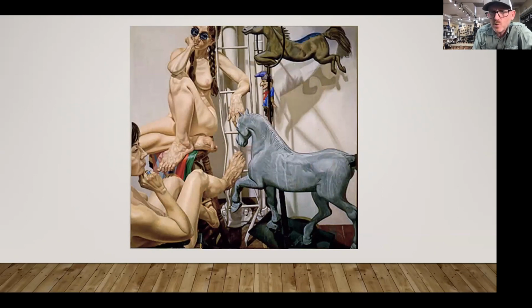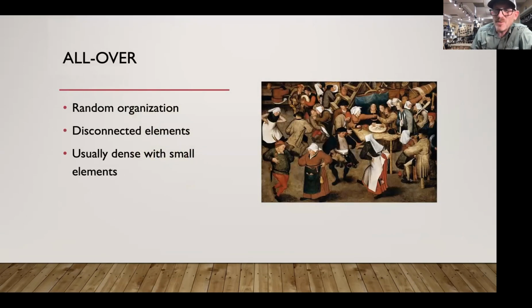And the 20th century painter Philip Pearlstein, even though he enlisted live models and never painted from a photograph, always painted from life, welcomed in the photographic cropping that is so unique to our modern era, in the way that it can dehumanize people if they are cropped. We've gotten a little numb to this. We don't want to be numb to this fact. When you cut somebody's head off, it's a pretty violent thing. When you cut their knee and their arm off, that's a pretty violent thing. So all of you model session folks, remember that. Don't amputate your figures unless you mean to. Just place the top and the bottom where you like them.